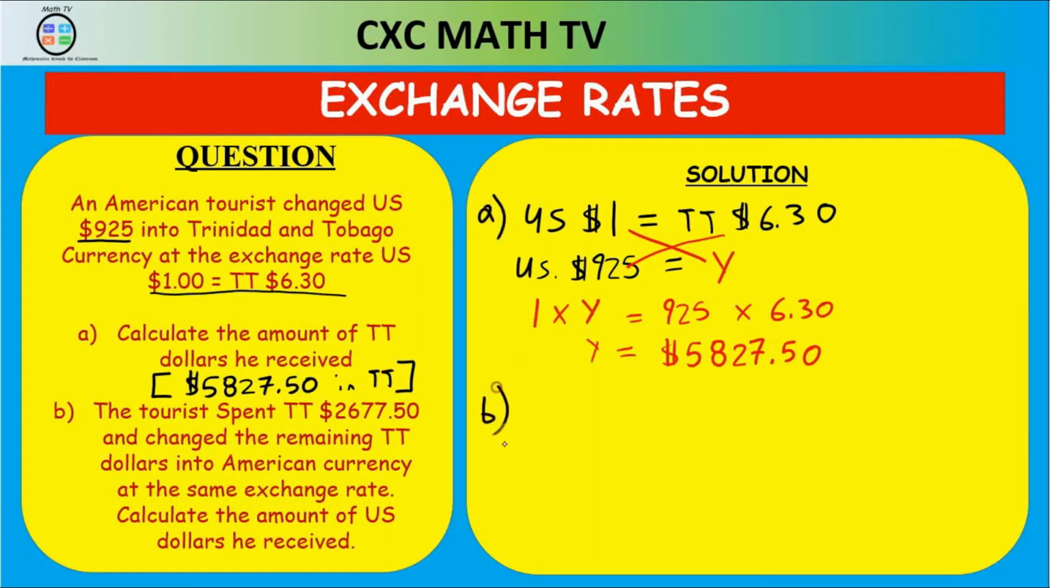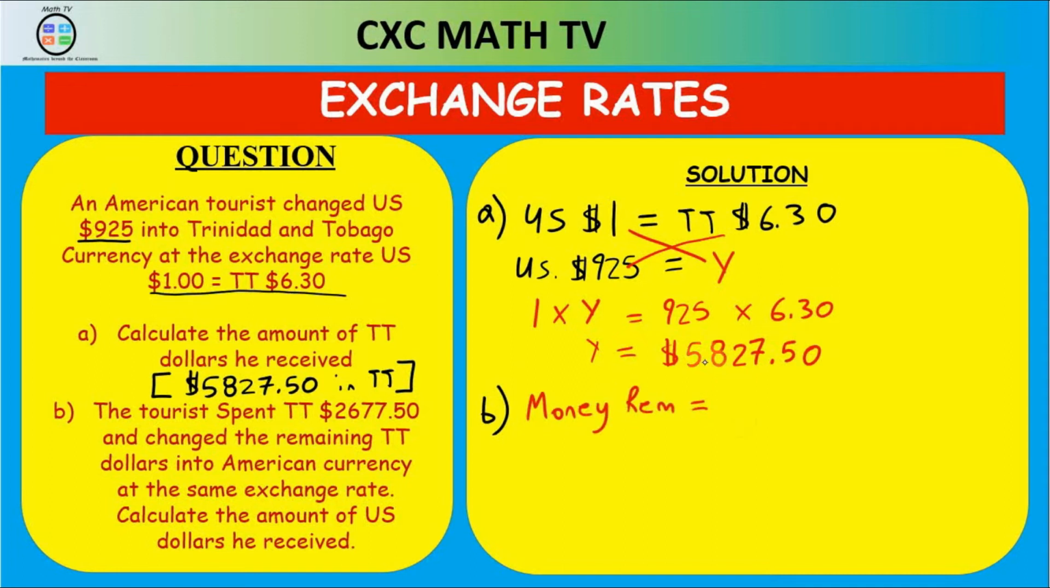Let's look at part B. It says the tourist spent TT $2,677.50. So he spent a lot of money. And change the remaining TT dollars into American currency. Calculate the amount of US dollars he will receive. So first thing is that we have to take out the deduction that he now has. So the money remaining